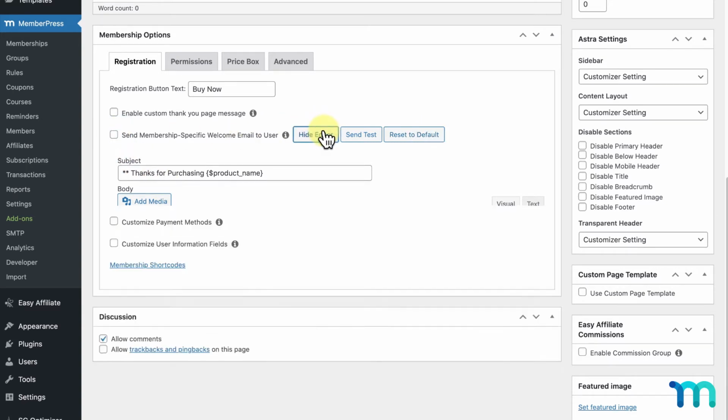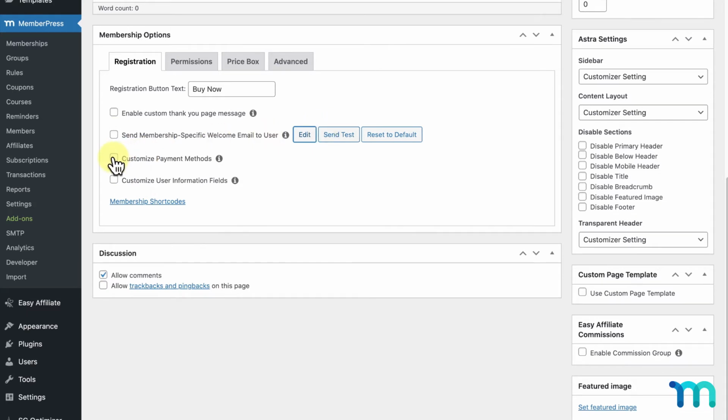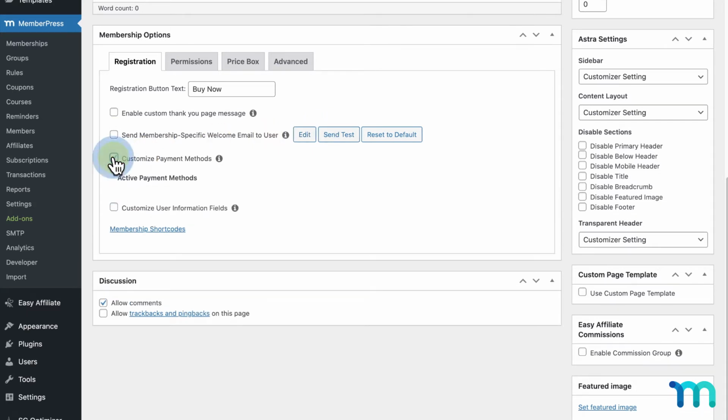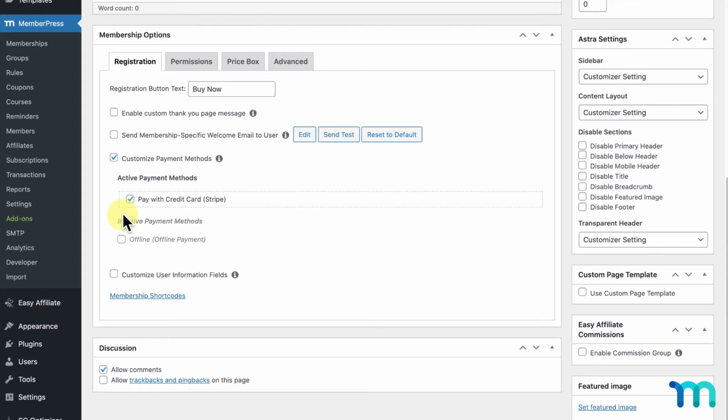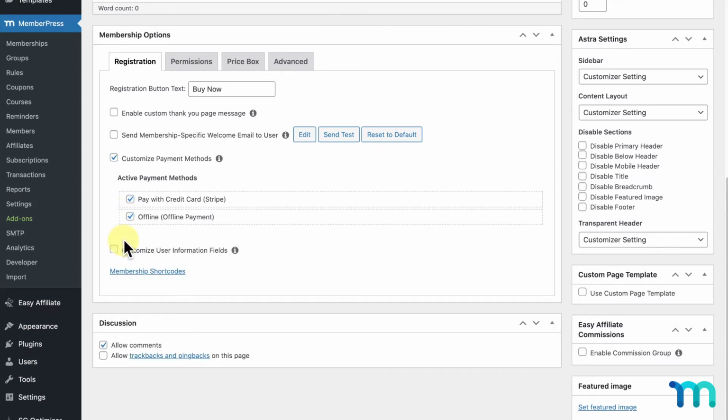You can also customize what payment methods people can use to buy this membership. You can select any of the payment methods you have set up in the Payments tab of your settings here by enabling Customize Payment Methods. For example, for this particular membership, I may only want users to be able to use Stripe or pay offline. So I'll just select Stripe and Offline here. You can also click and drag your payment methods here to change the order. Whatever one is on the top will be displayed first in the payment section of your registration page, and it'll